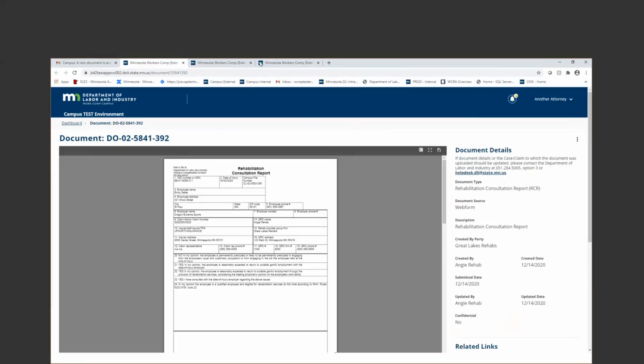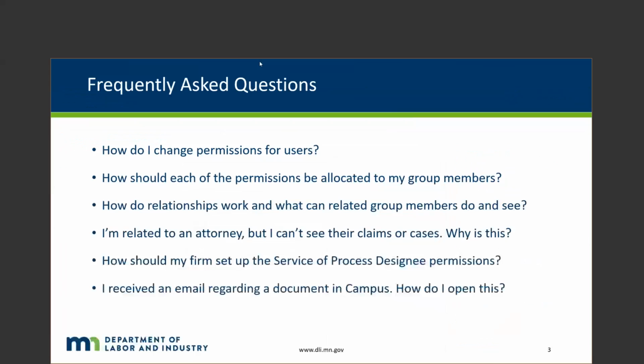All right. So hopping back into the slides, that was kind of what I had planned for questions for this answer hour today. I'm seeing a couple questions in the chat, so I'll start running through those. Let's see. So the service of process designees are getting everything. The problem is that they have to click on every document to see if it will open to transfer to the appropriate party. So as I mentioned,